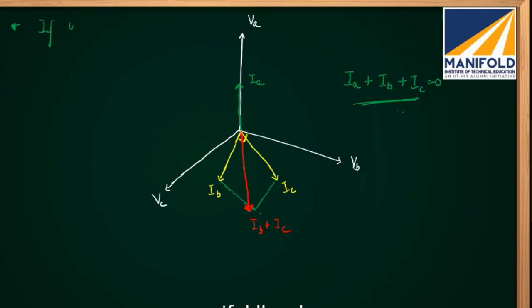If we interchange J10 and minus J10, then the neutral current will become 2 times